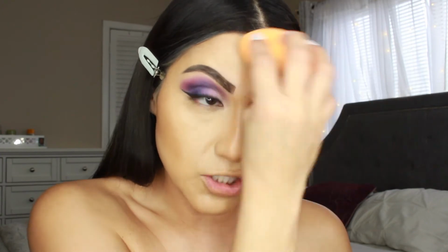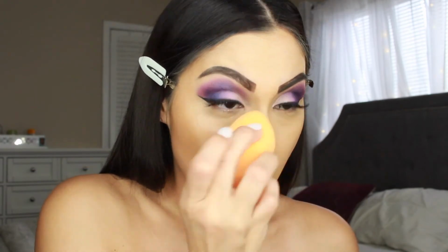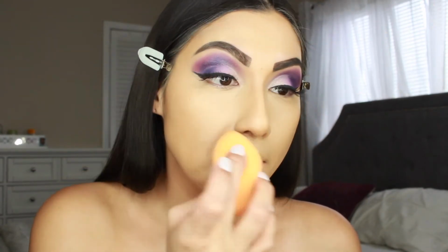Alright, so now what I like to do after I finish just blending that in a little bit, I like to go in with my sponge, and this is just going to help soften up the edges, and it's just going to make it look more airbrushed. Alright, so now that I'm done with that, I'm going to go in with my RCMA powder,